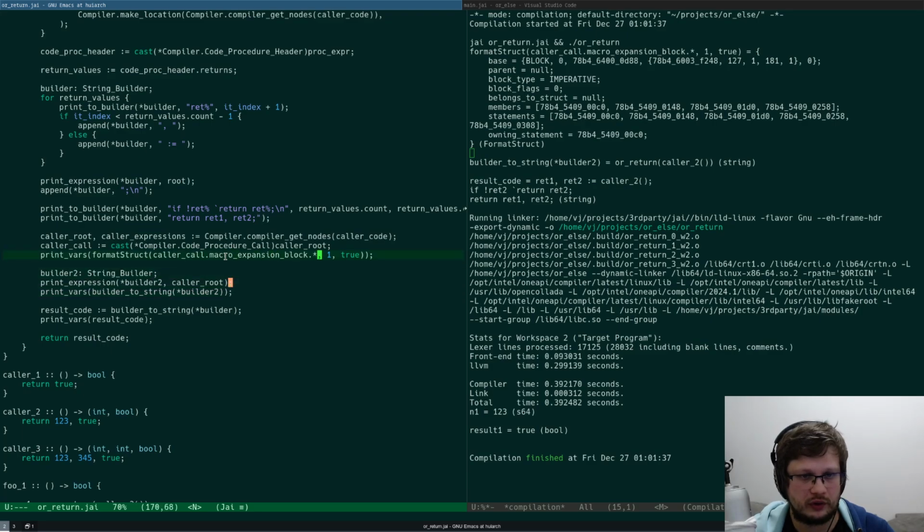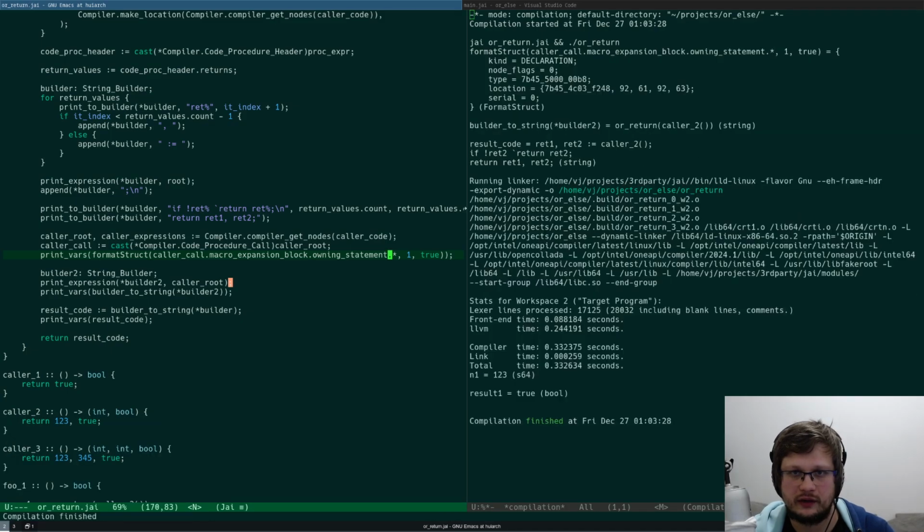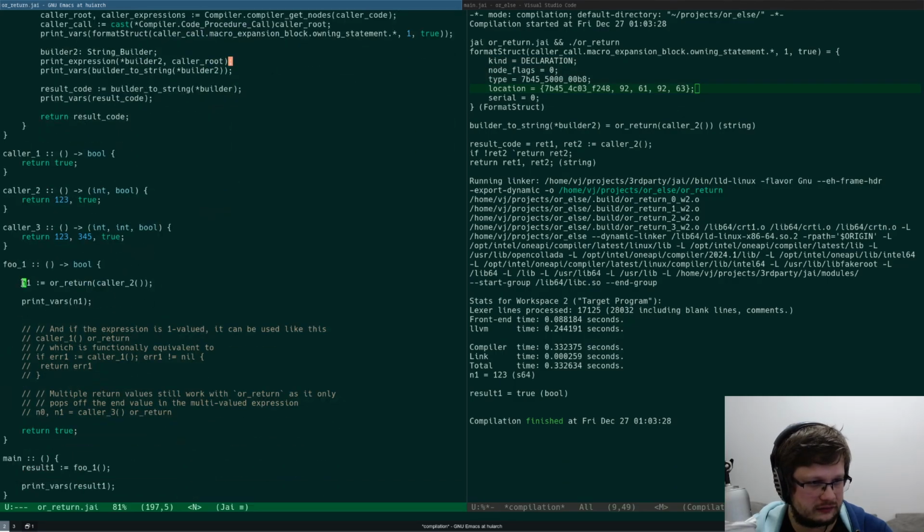Macro expansion block, it has the owning statement. An owning statement is a declaration. And I assume that this kind of declaration is actually like this one. Maybe?